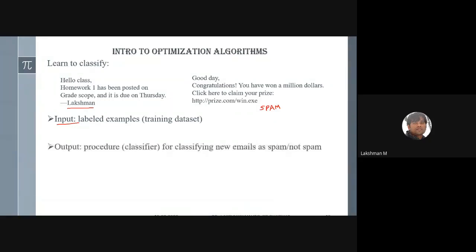It would be an optimal classifier which will classify an incoming mail as spam or not spam. So here we need to get an optimal classifier, not just a model.